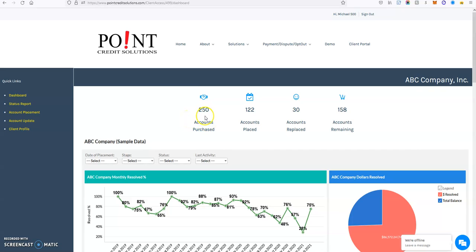So in this case, I purchased a 250 account package. I've used 122 accounts. 30 of those accounts have been replaced, and that leaves me with 158 accounts still remaining to place. If you're not sure about account replacements,